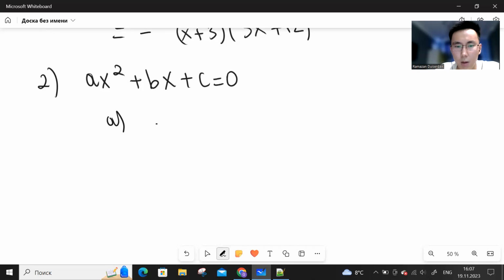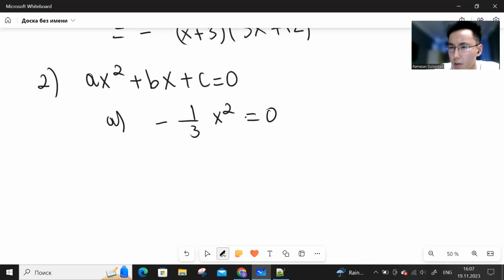So as an example, I'm going to take this equation. In this equation, I don't have the second element and the third element. То есть у меня нет тут x и вот этой просто цифры, без ничего. То есть это и есть неполное квадратное уравнение. У меня есть только первый элемент, где есть x в квадрате. So this will be solved as